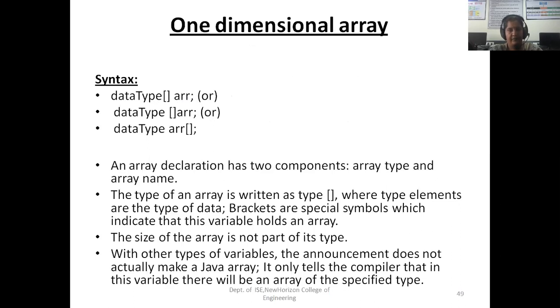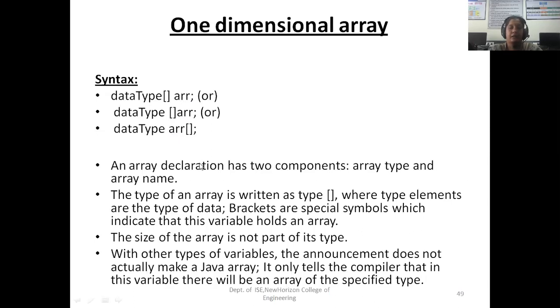The same way, data type then square bracket ARR, or data type space, in front of the array name you can give the square bracket, or after the array name you can give the square bracket. This is familiar for us because in this way only we have declared arrays in C and C++ programming languages. So this one we will follow.